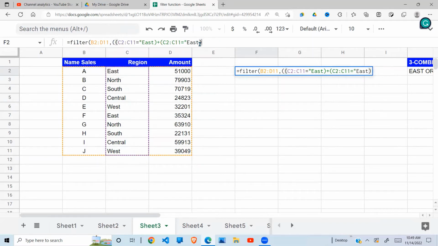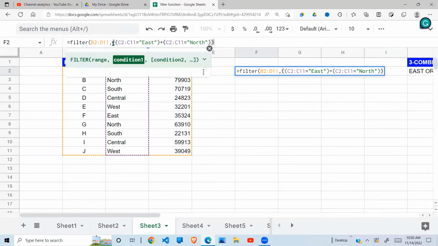Okay. Now this time it needs to be north, like so. So I'm saying that column can be east. I need a comma and quotes there, or it can be north. That's the addition. Now, after that, there's an outside bracket, this one,